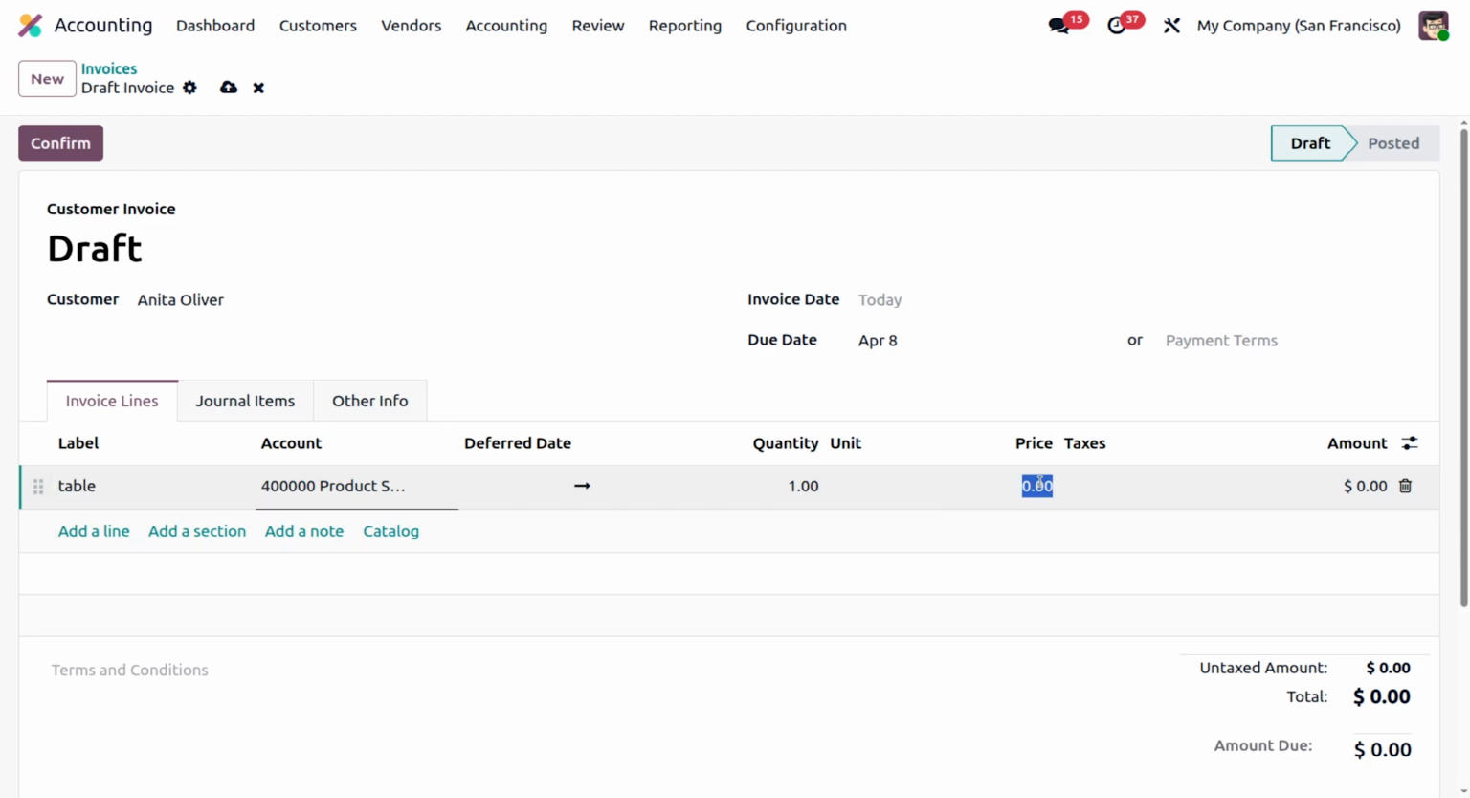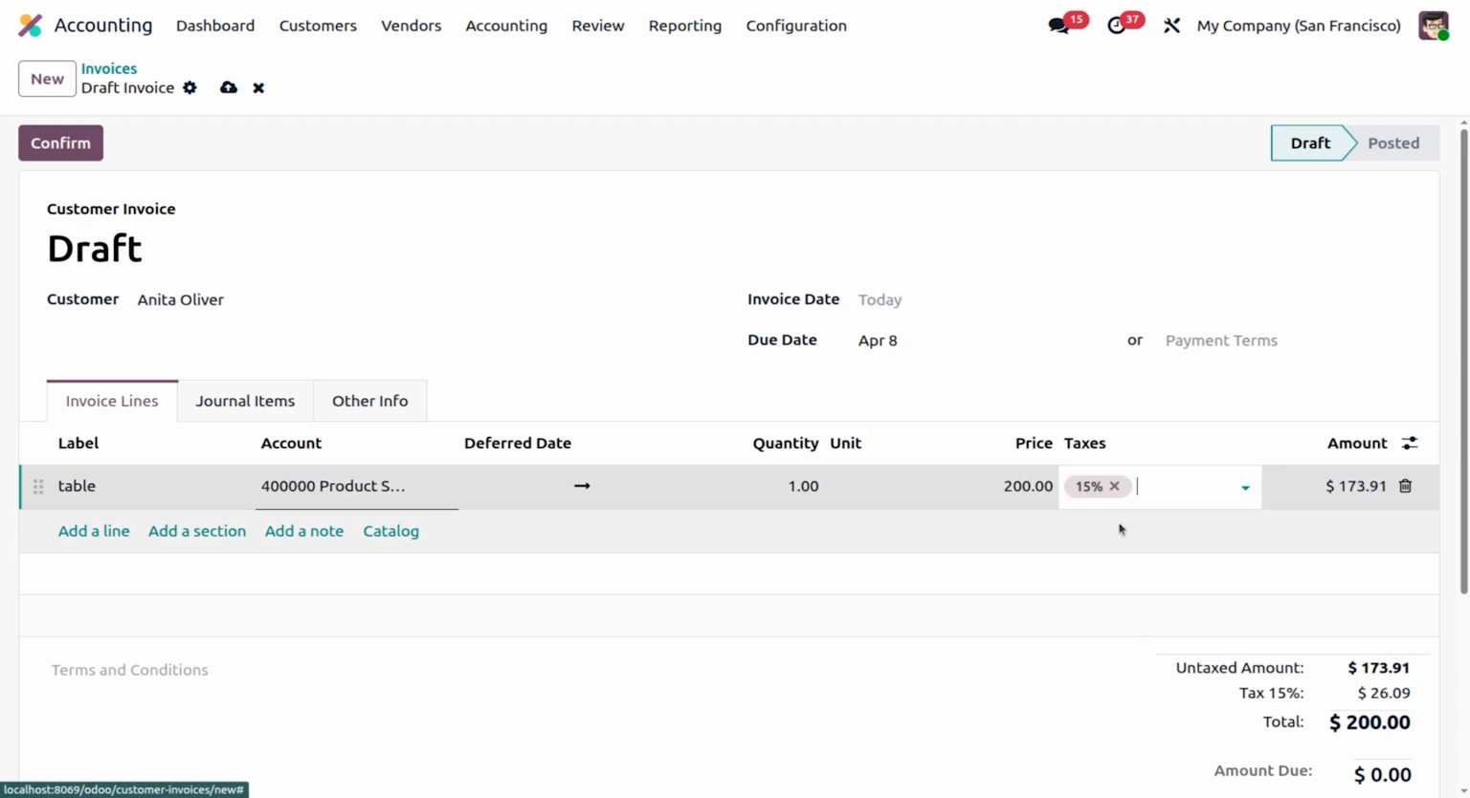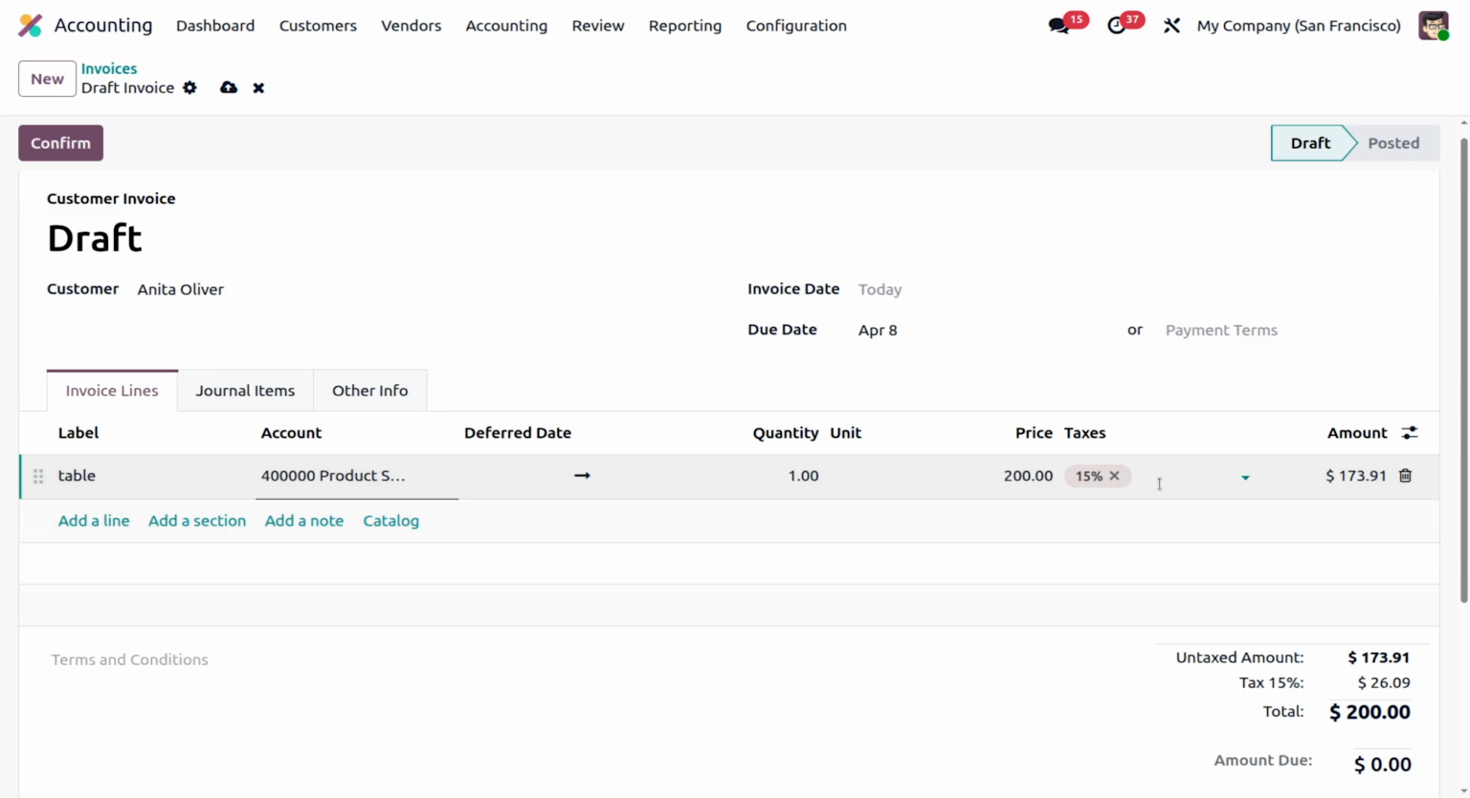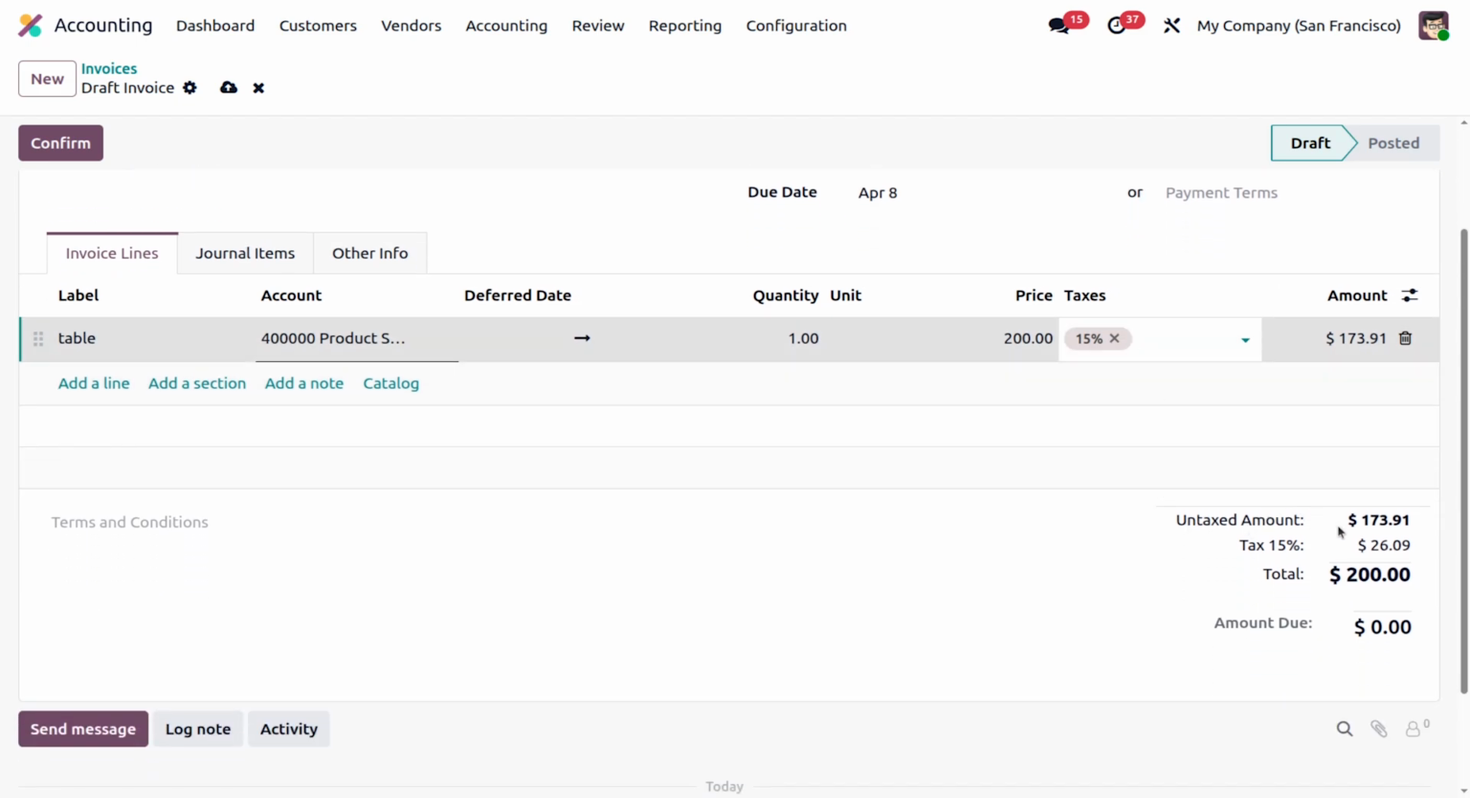And I'm giving the price, which is 200 rupee. I'm sorry, $200. Once I'm done with that, I'm just going to provide the 50% of tax. And now you can see the untaxed amount is actually 173.91. And you should understand the tax is included on the total price of your product, which means the price of